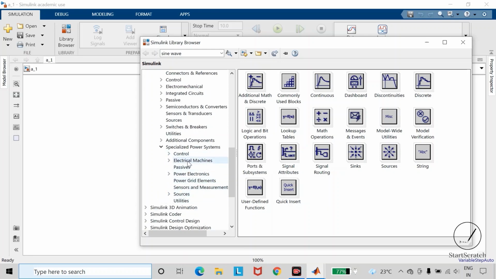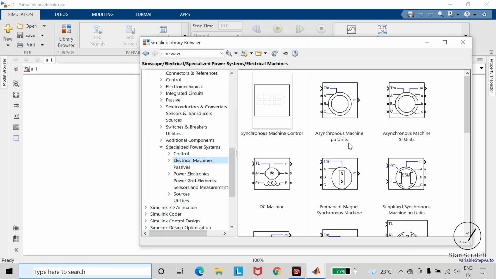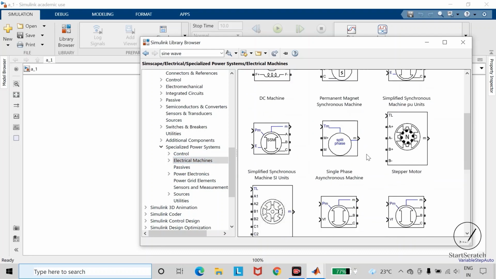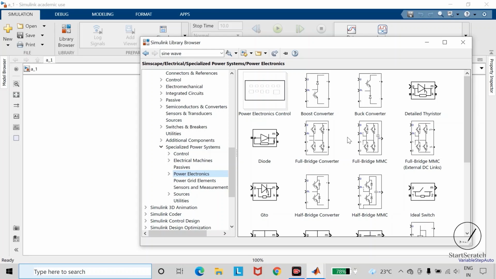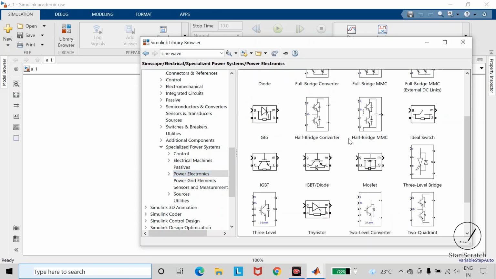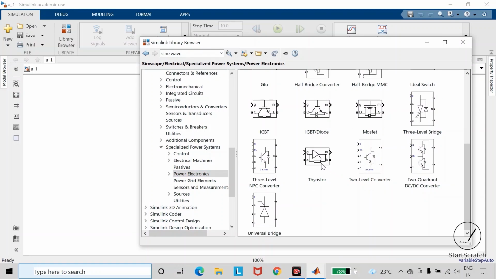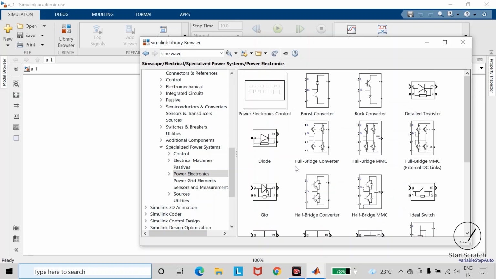In this you will find electrical machines. Here you can see different types of electrical machines are present. If you go inside this power electronics section, you will find various power electronics blocks such as IGBT, MOSFET, thyristor. In this entire course we will be dealing with this specialized power system block.